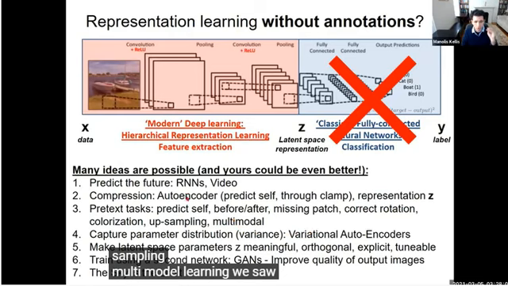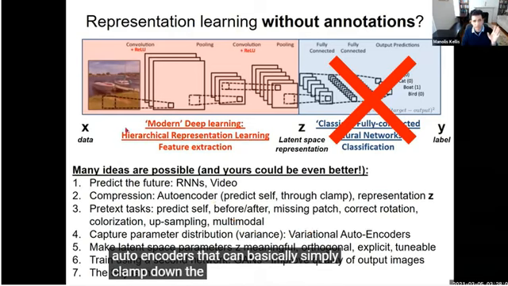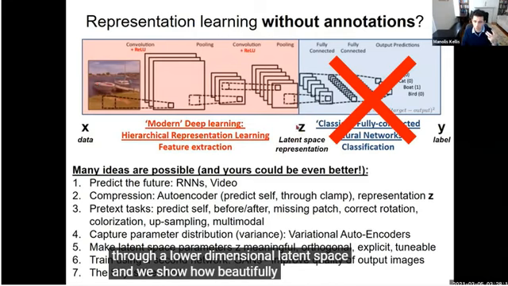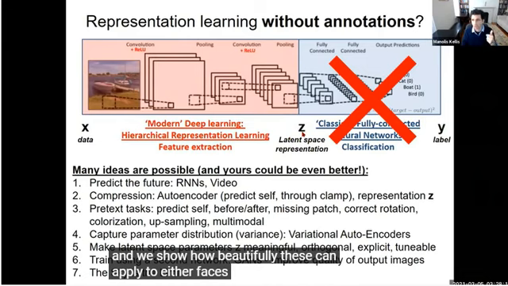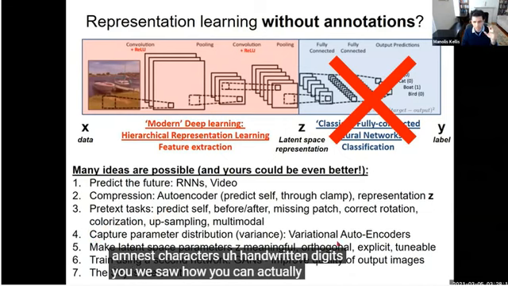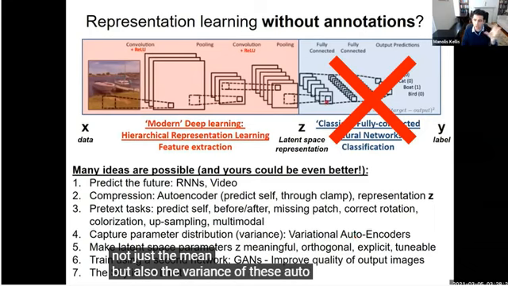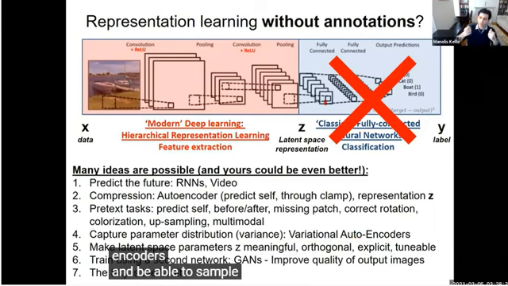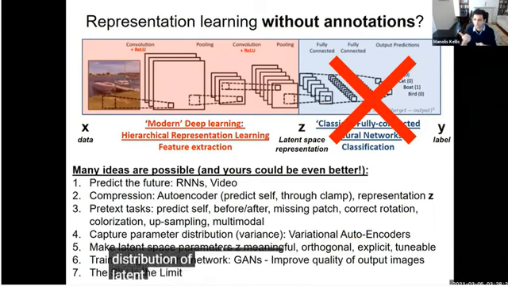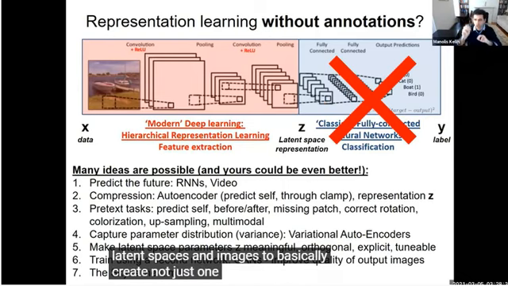We saw autoencoders that can basically simply clamp down the self-prediction task through a lower dimensional latent space. And we saw how beautifully these can apply to either faces or to MNIST characters, handwritten digits. We saw how you can actually capture not just the mean, but also the variance of these autoencoders and be able to sample from a distribution of latent spaces and images to basically create not just one solution, but a